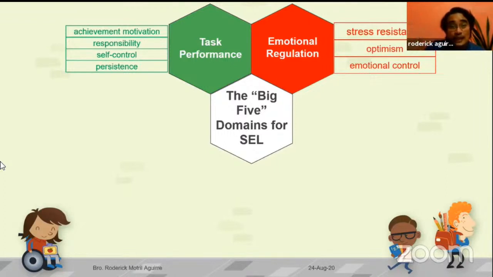So emotional control, if there's no task, we do not allow our students emotional regulation. So parents at home, bigyan nyo ng trabaho, bigyan nyo ng responsibility ang inyong mga anak over and above the academic. So kung sila po'y nag-aaral, baka siguro turuan mo sila na, kayo naman ang pakain sa aso, o kayo naman ang magluto sa ganito, o kayo na maghugas ng pinggan. Simple activity that would allow them to take on responsibilities, add on to their stress, but knowing how to control their time. And time management is one of the things that they need to learn.